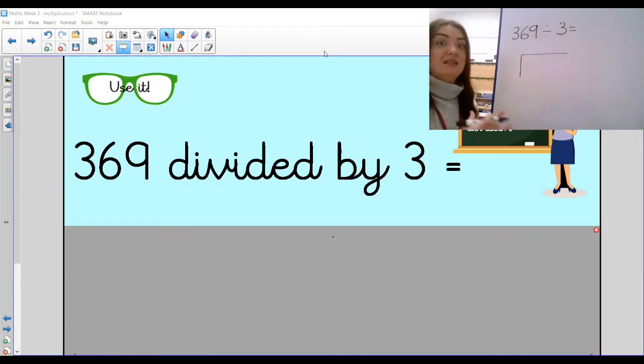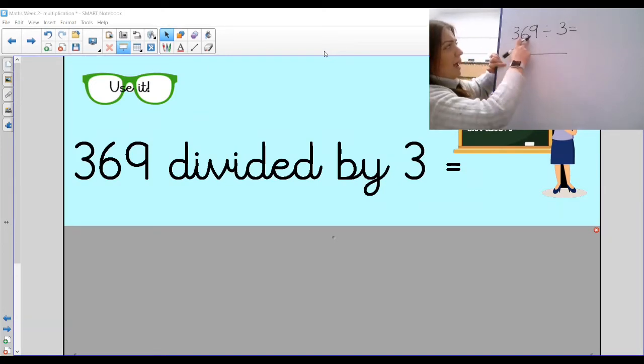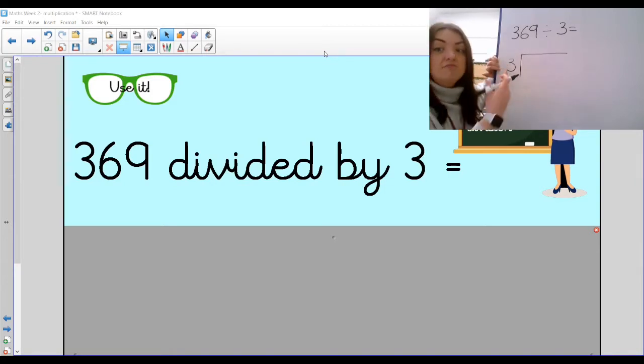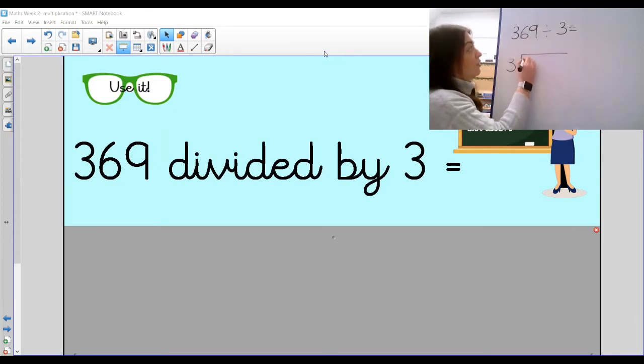Okay, this is where it gets its bus stop method name from, because it looks a little bit like a bus stop. So as we said, on the outside here is it my whole, or is it the number that I'm dividing by? Can you remember? It is the number that I'm dividing by. Okay, so I'm dividing by 3, so on the outside here goes 3. If I was dividing by 7, 7 would go on the outside. If I was dividing by 9, 9 would go on the outside. Okay, then inside the bus stop is your whole,